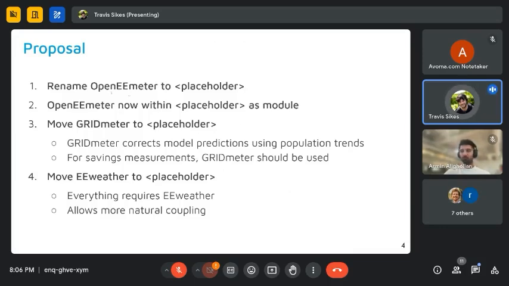We're also proposing, jumping back to 1, renaming OpenEEmeter. We don't yet have a name for it, but the reason we're talking about changing the name is that if we do this, then instead of having to type from eemeter.eemeter import blank, which doesn't make a whole lot of sense, but it's the structure of the library as it currently stands, instead it could be